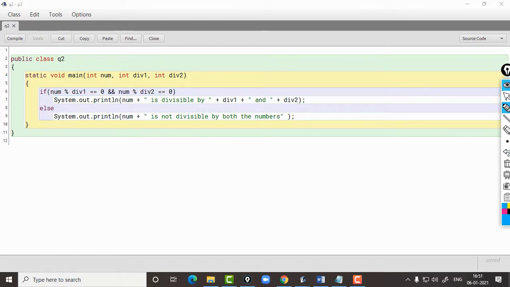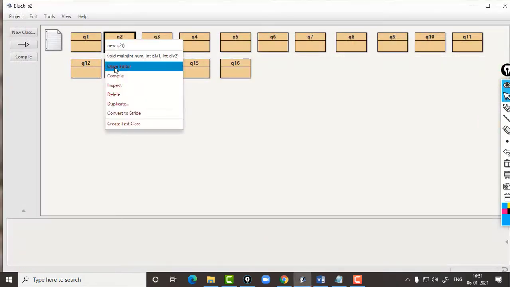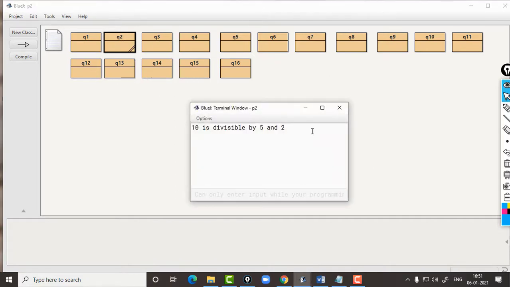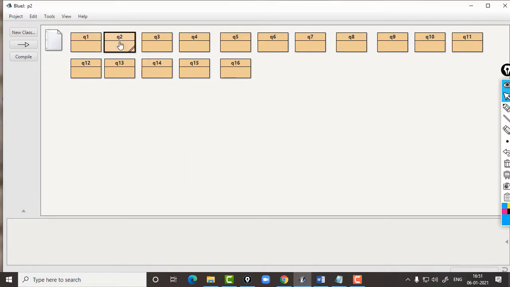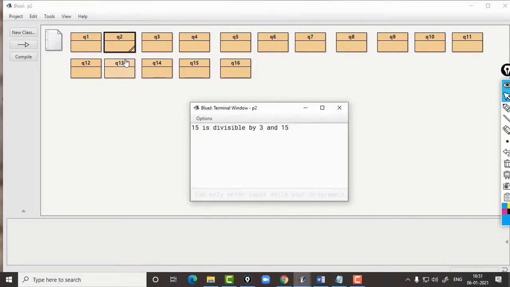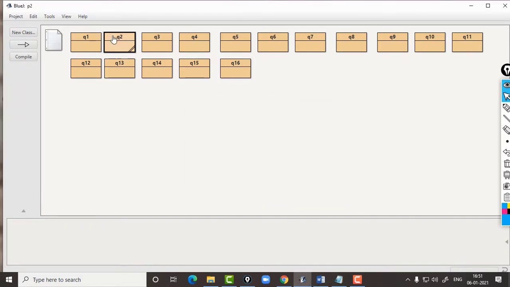So let us check the output for this. Let us check 10, 5, 2. Okay, so 10 is divisible by 5 and 2. Let us try out some other numbers. Let us say 15, 3 and 15. Okay, so 15 is divisible by both. The output is 15 is divisible by 3 and 15.